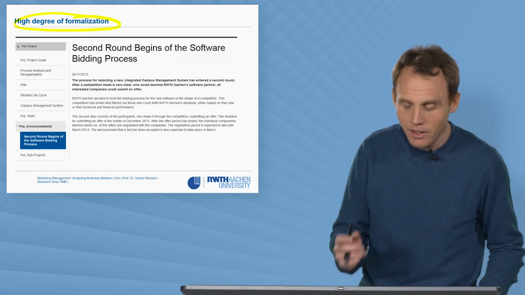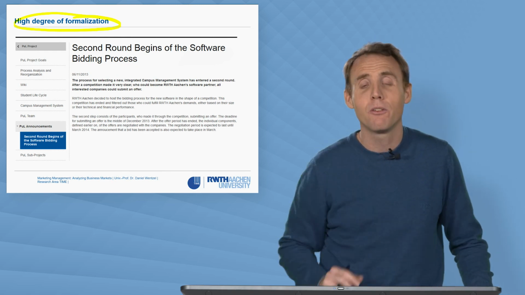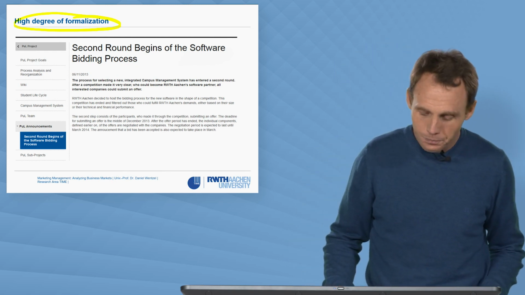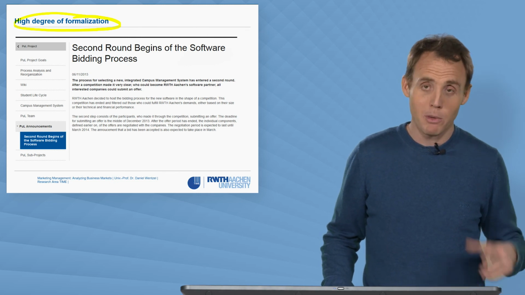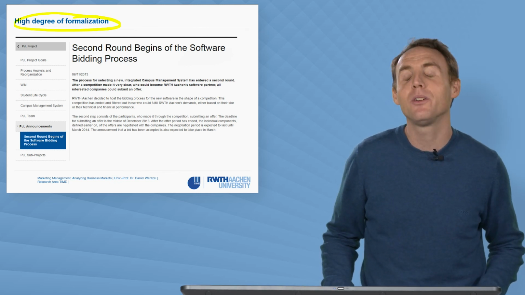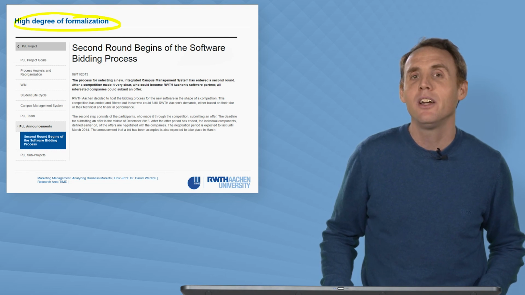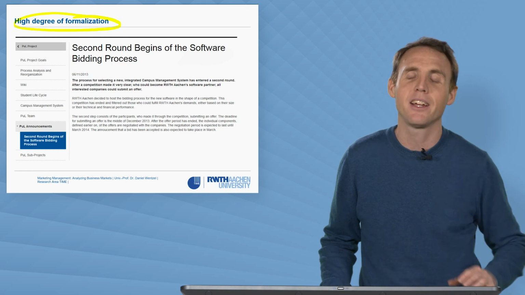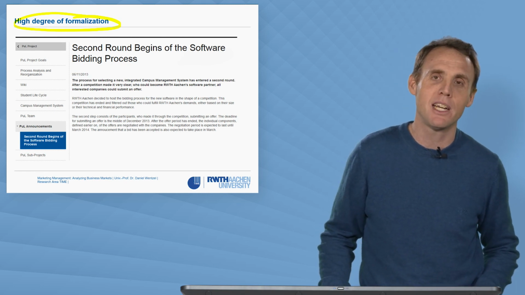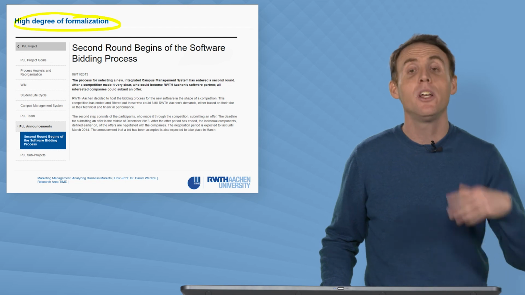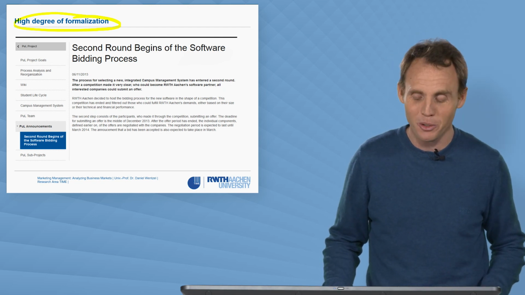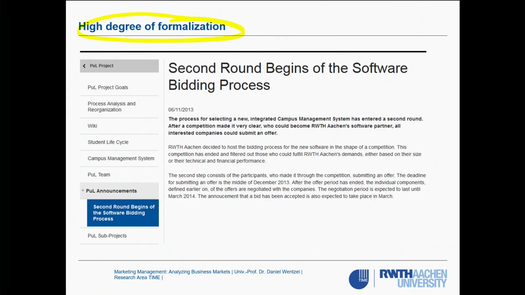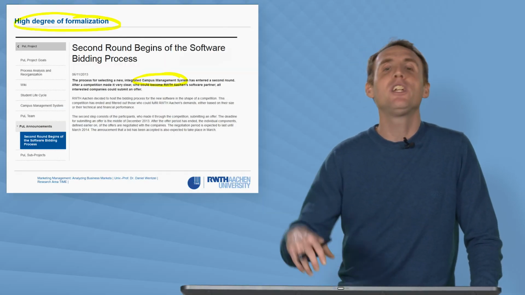What I have here is actually an example of this university. A few years ago, our university was looking to buy a new software management system for, say, planning courses and giving grades, some kind of campus management system. If you're enrolled in this university, you know what I'm talking about. We're talking about the campus management system. This is far from easy, right? So a few years ago, they decided they needed a new system.